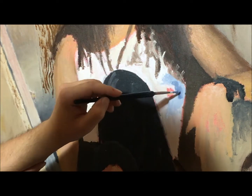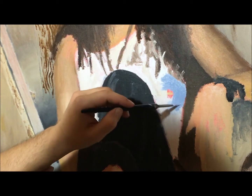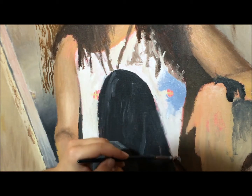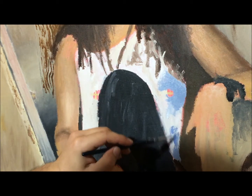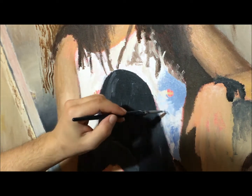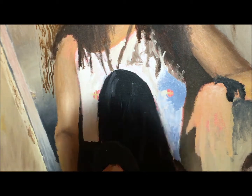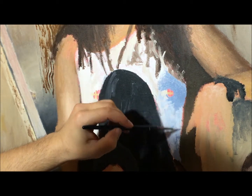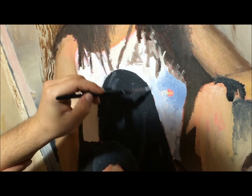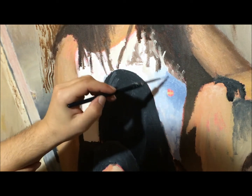Now you can see that I zoomed in on this part because I thought this would be another important part to integrate, to go in depth in this comprehensive video that I'm making for you guys. I'm making the shadow of the wife beater that he's wearing. I don't use gray as a predominant color for the shadows because, from my experience, it looks way too flat. So I use a little bit of blue,